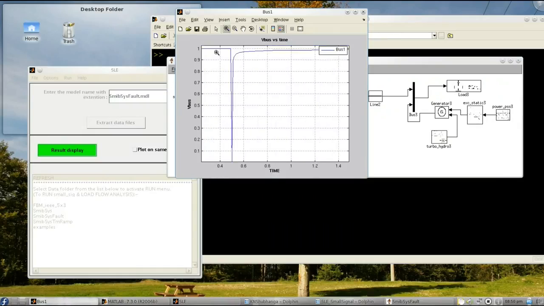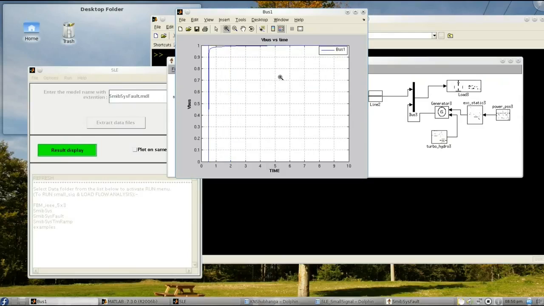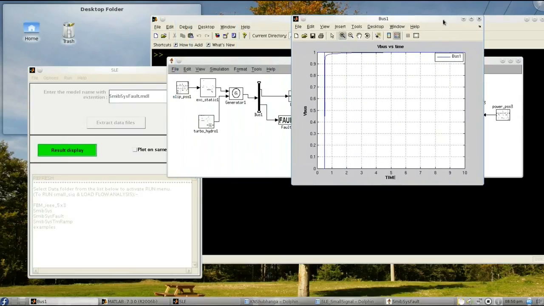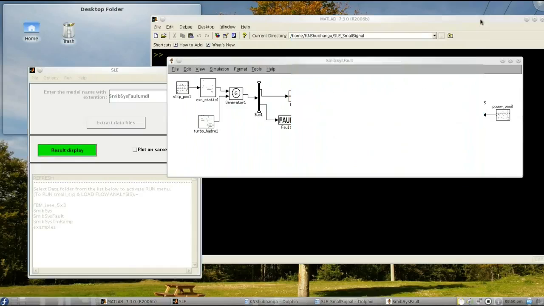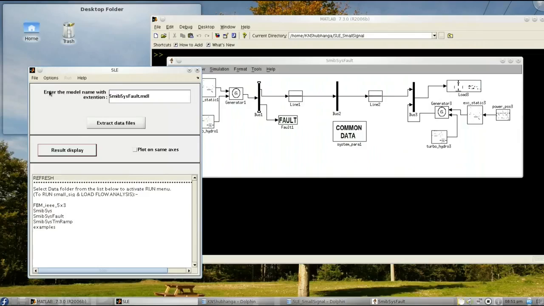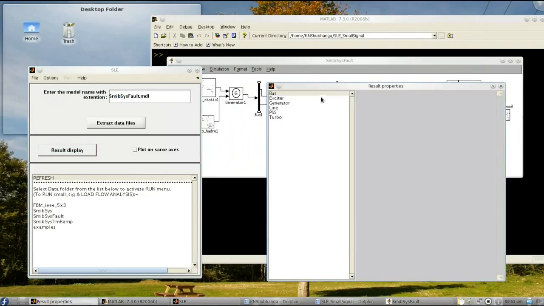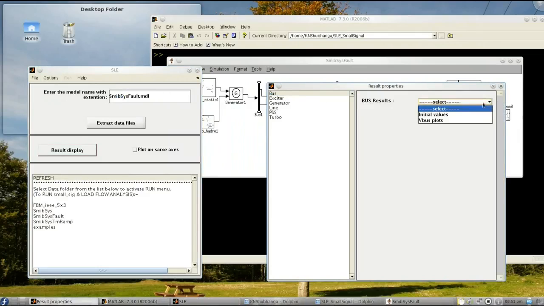So here the fault is applied at 0.5 seconds for a span of 0.01 seconds. Similarly, one may choose other variables like exciter and generator as well.